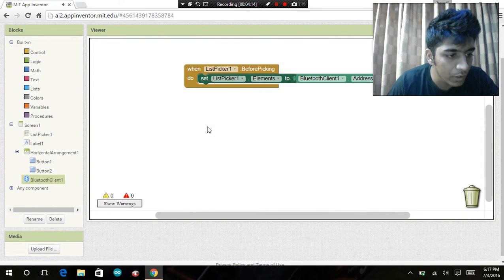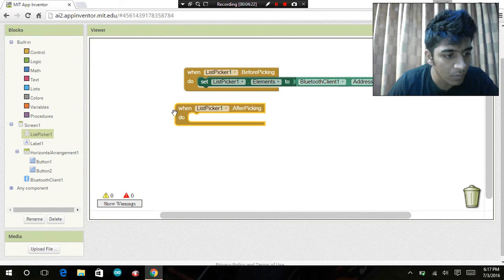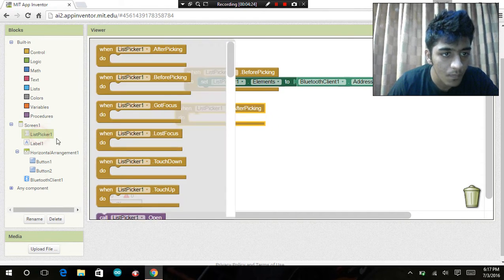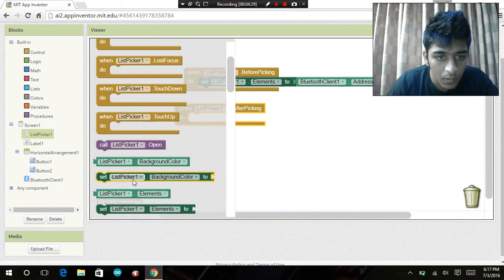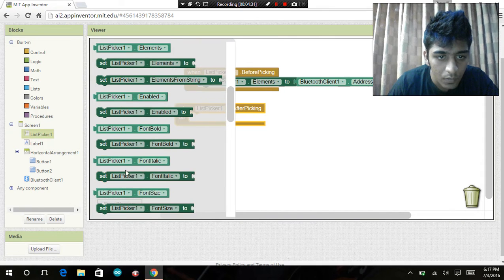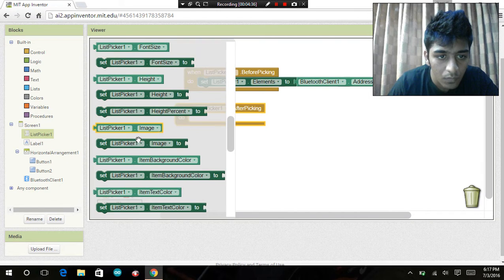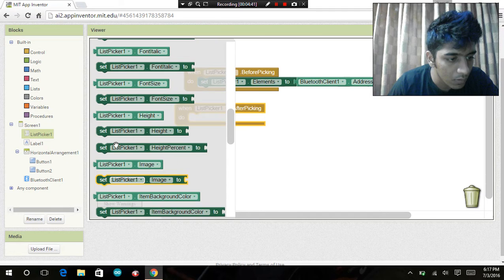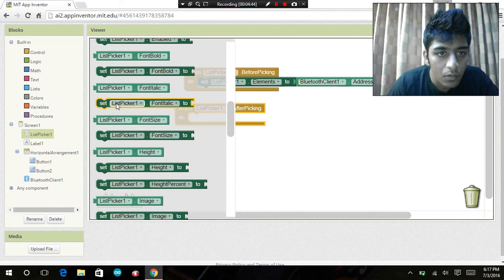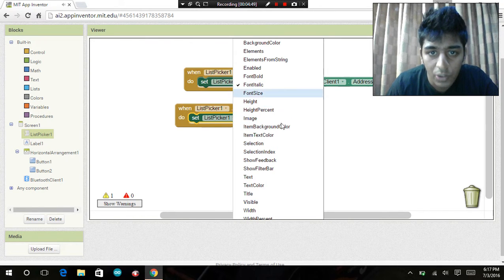After that, go again to list picker. Change this to selection.